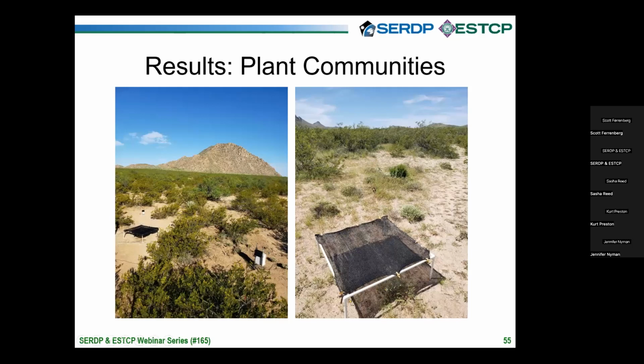This is what it looks like on the ground. It's not really impressive, so to speak, when you just see it. This is just a shade cloth over a structure, which gives a really uniform level of about 70% solar radiation reduction to mimic heavy shrub cover. And these open areas that we would see off to the side have had some vegetation pop up because this photo is taken after the monsoon in a wetter year. So we can see these open areas can have vegetation. Those annual plants can come out of the seed bank where they've been dormant and sitting out bad weather and climate conditions. And then they can put their seeds back down and go dormant for some period of time.